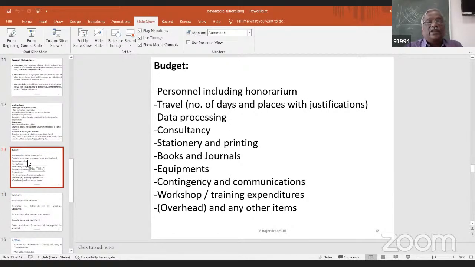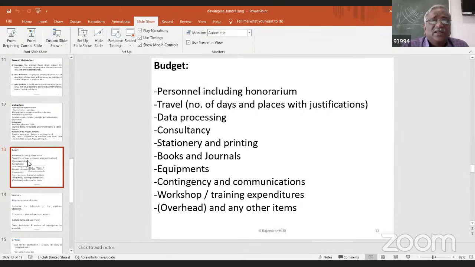Now, already I have outlined the budget component. Now, let me give a little more extended information. The budget should be nominal and also logical and acceptable to the funding agencies. Normally, the broad headings in the budget for social science research could be research personnel, including honorarium to principal investigators,